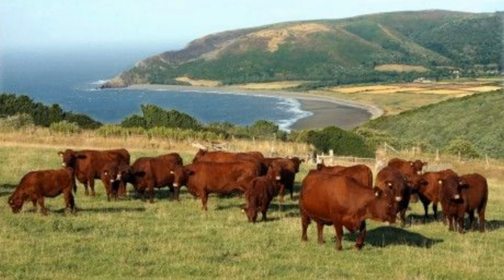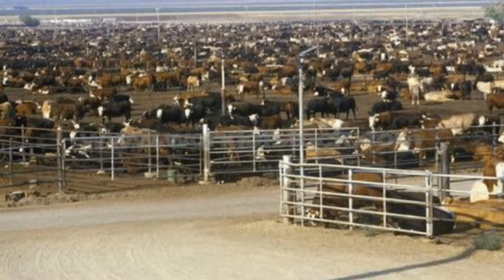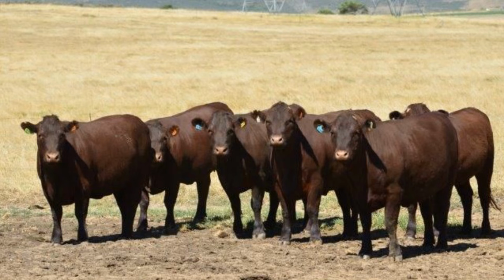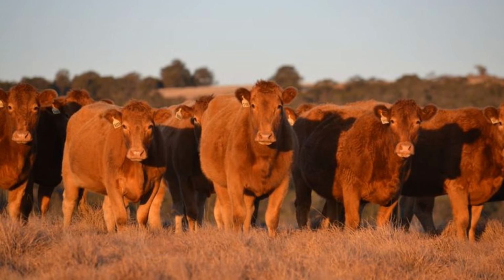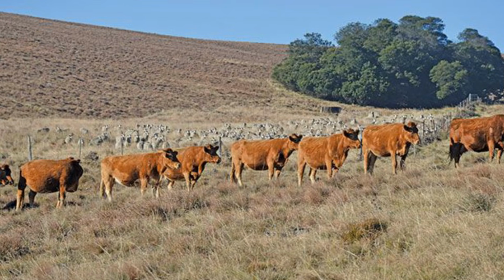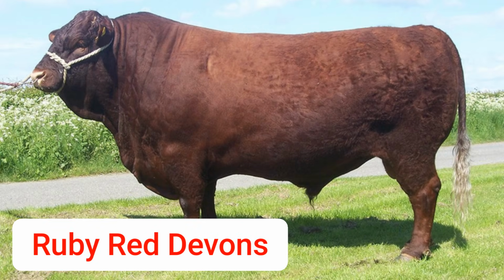Ruby Red Devons, South Devons, and Sussex Cattle are not just throwbacks from the past. They are smart, efficient, and perfectly built for modern farming and premium beef markets. If you care about better beef, stronger herds, and real sustainability, you're in the right place. Let's dive in. Let's start with Ruby Red Devons, a breed that feels like it was designed for real-world farming